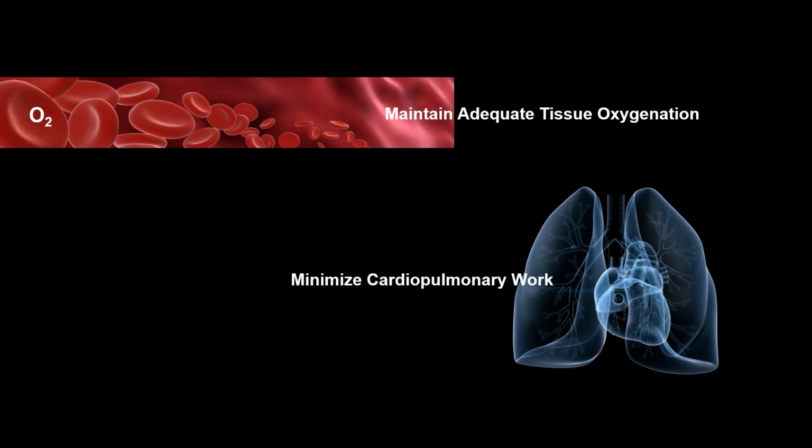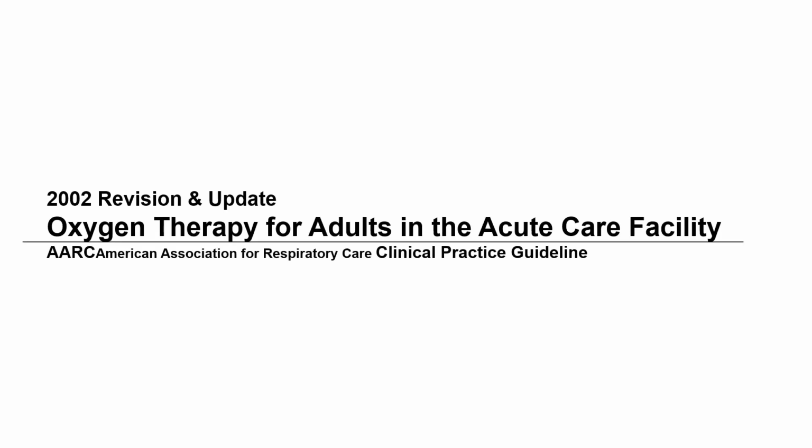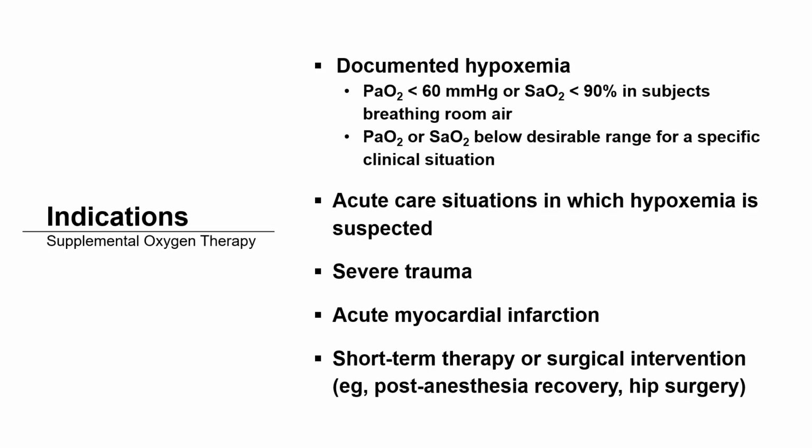The primary general goal of supplemental oxygen therapy is to minimize the workload on the cardiopulmonary system by maintaining appropriate tissue oxygenation. According to the Clinical Practice Guideline of the American Association for Respiratory Care, revised and updated in 2002, supplemental oxygen therapy is recommended in cases of documented hypoxemia where PaO2 is less than 60 millimeters of mercury, or SaO2 is less than 90% in individuals breathing room air, and PaO2 or SaO2 below the desired range for a